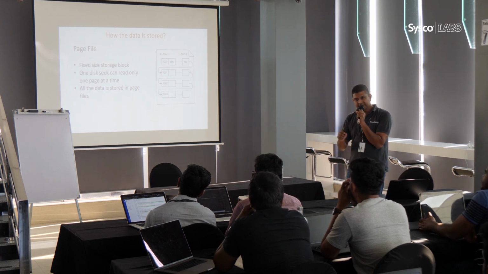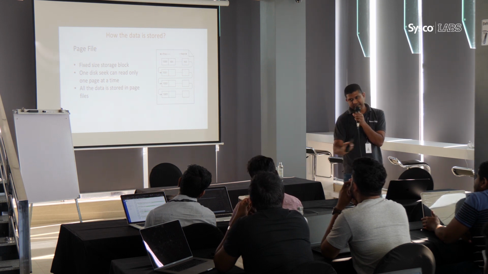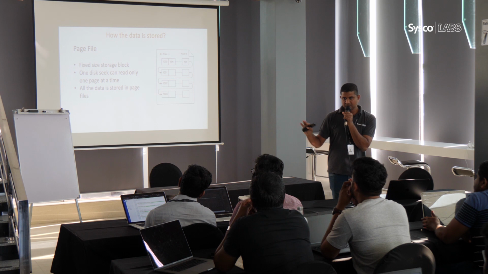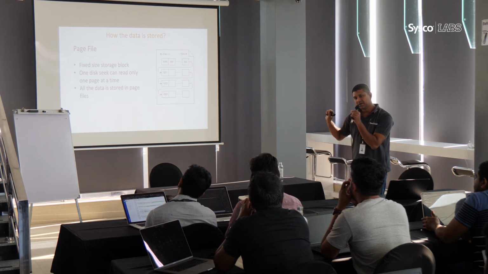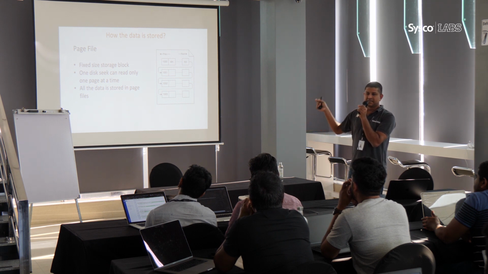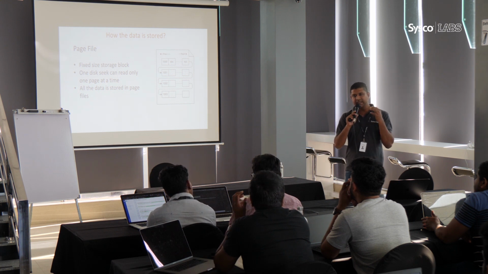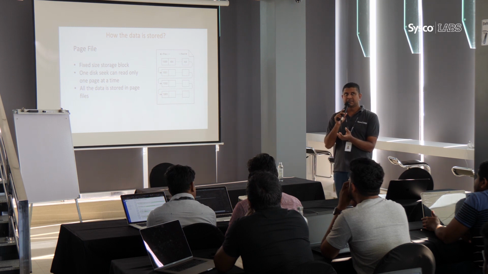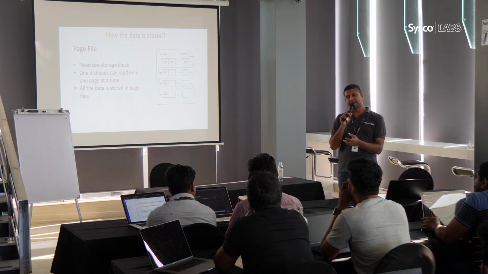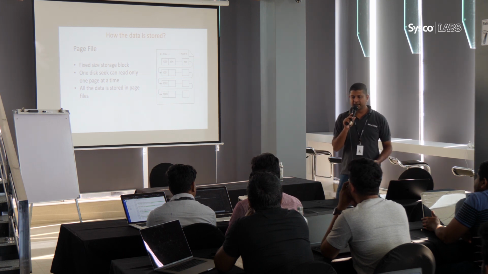It's a server-level setting and it can be configured per server. It doesn't have any relationship with the machine or the operating system. This is completely controlled by the database management system, where you can configure the page file size. In the case of MySQL, the default page file size is 16 kilobytes, which means for whatever the data, it's a one-time server-level configuration. You can even change it, but as far as I know, some database systems even support table-level configuration as well. A table can have 16 or 64 kilobyte page files.